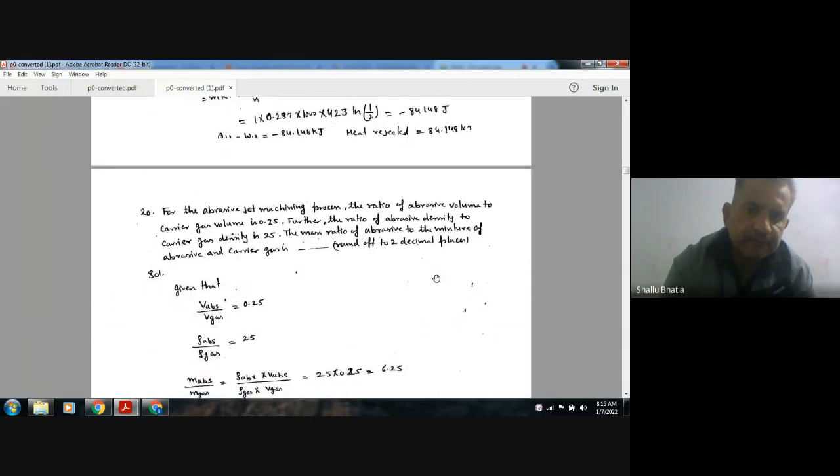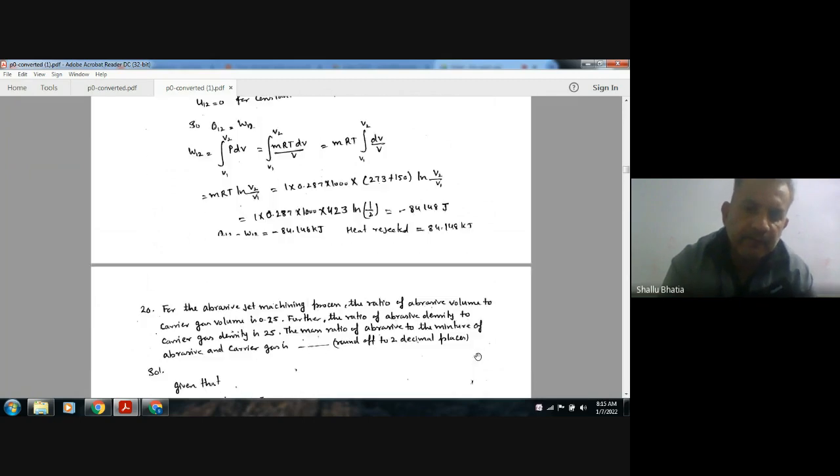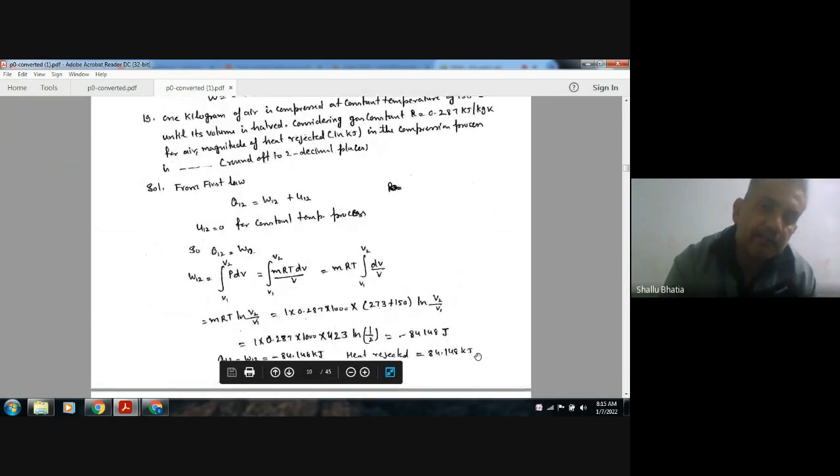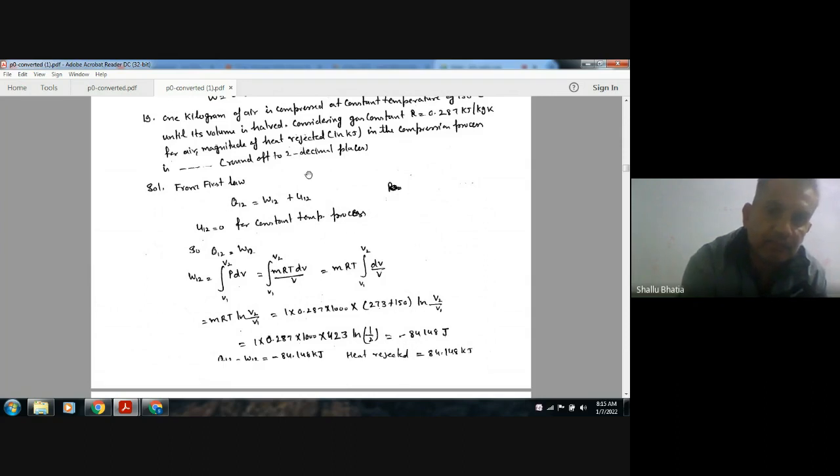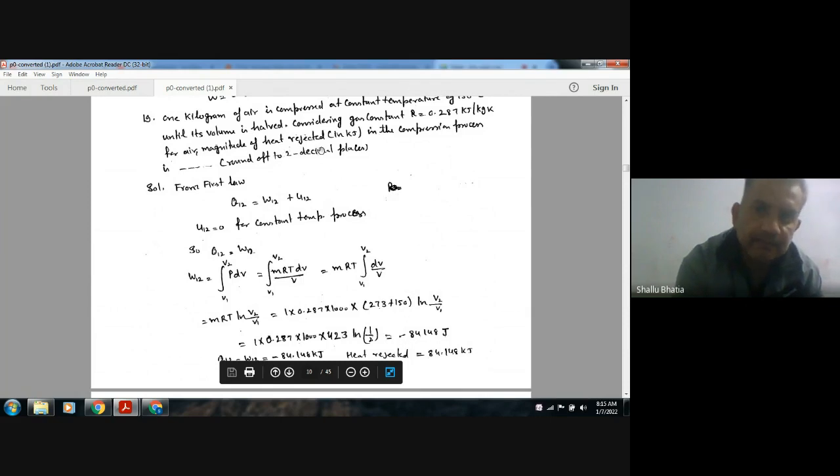In the equation, the sign has to be considered, but when it is asked that heat is being rejected, we have to take the positive. He has already assumed that heat is being rejected. It does not ask that heat is being transferred. If it asked that heat is being transferred, then we would have to take the sign also, but because he has asked for heat rejected, you need not take the sign.